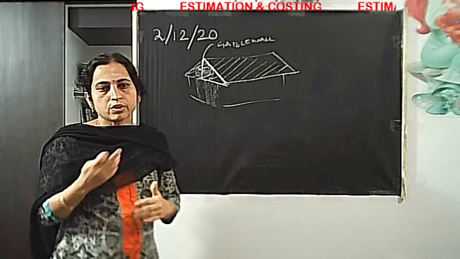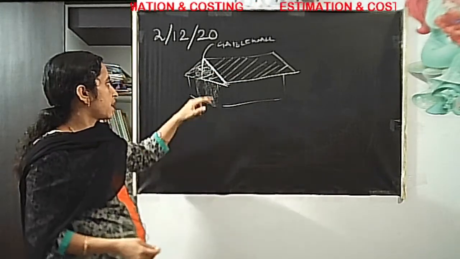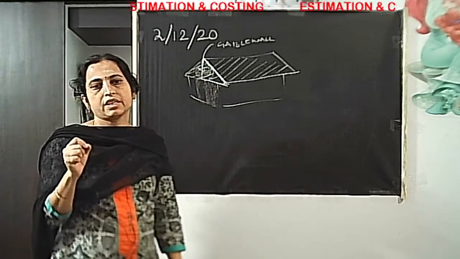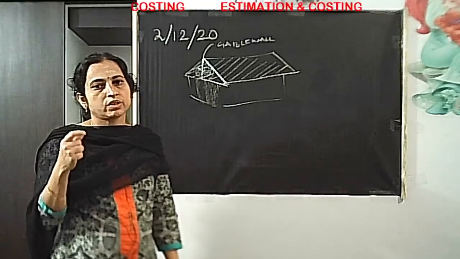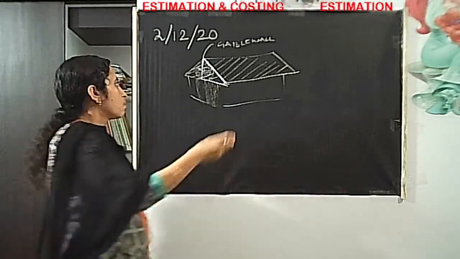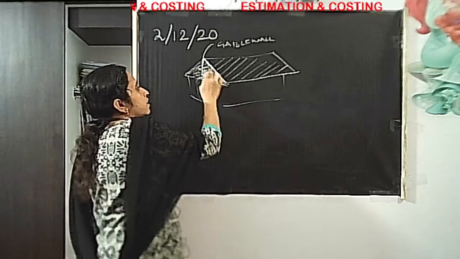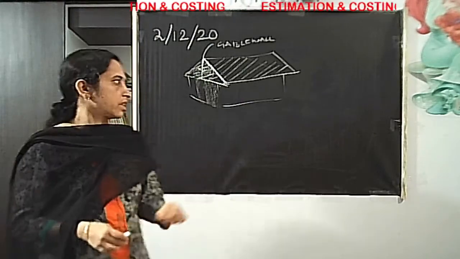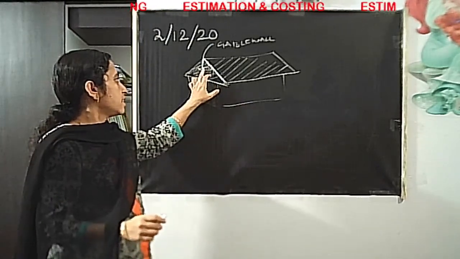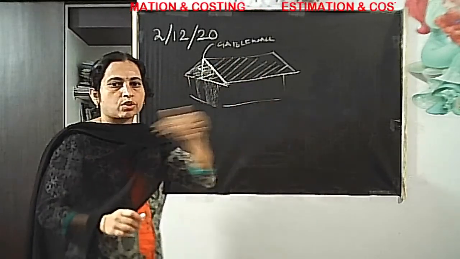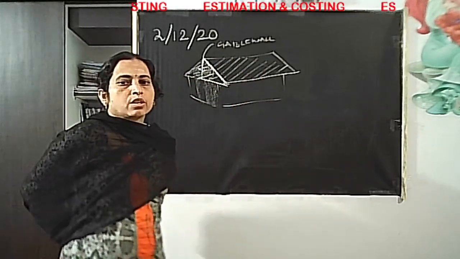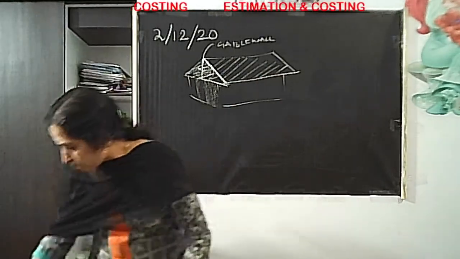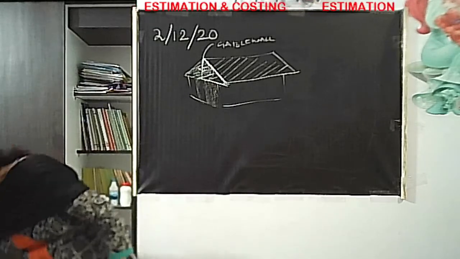When we come to the plastering, it is calculated in terms of square meter. So there is no thickness considered in the plastering; we only take the area of this triangle as the additional quantity for the plastering calculation. This gable, as I said, is in the front as well as at the back, so you multiply by 2 to get the quantity of brickwork as well as the quantity of plastering. So, we will continue with the previous problem.